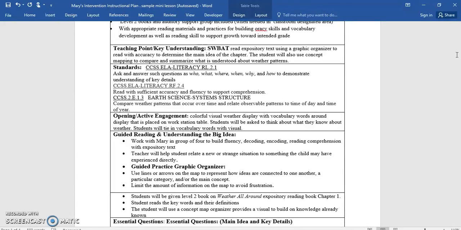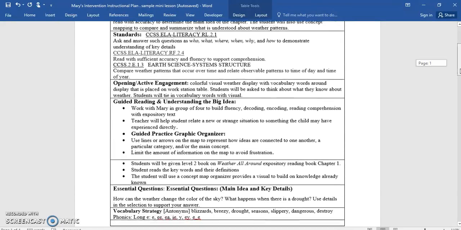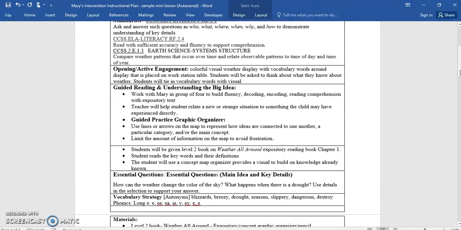However, because it's a mini lesson, a science mini lesson I should say, earth science system structure, she will have to compare weather patterns that occur over time and relate observable patterns to time of day and time of the year. And that is Earth Science